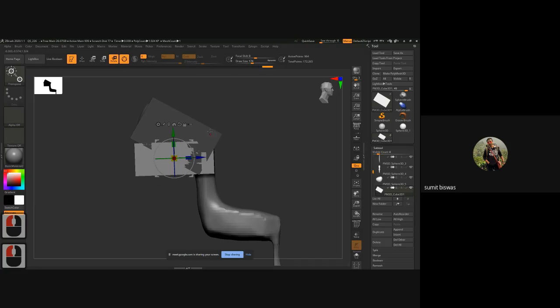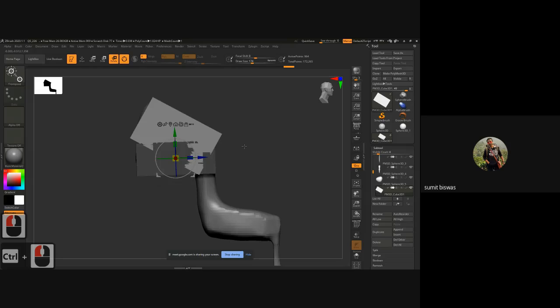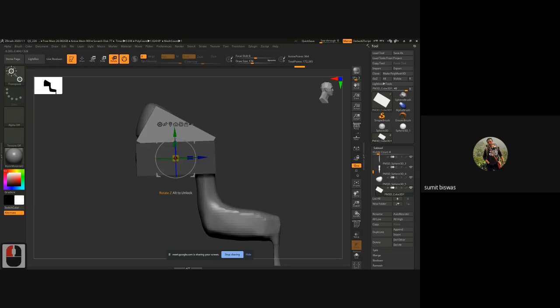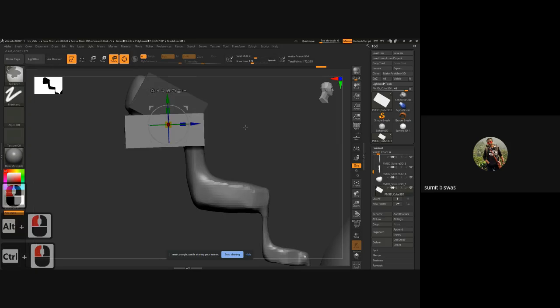You can see this part is already masked, so you can control it very easily. So Control click outside, reverse the selection, create this part I'll move later, reverse it again, Control Alt,